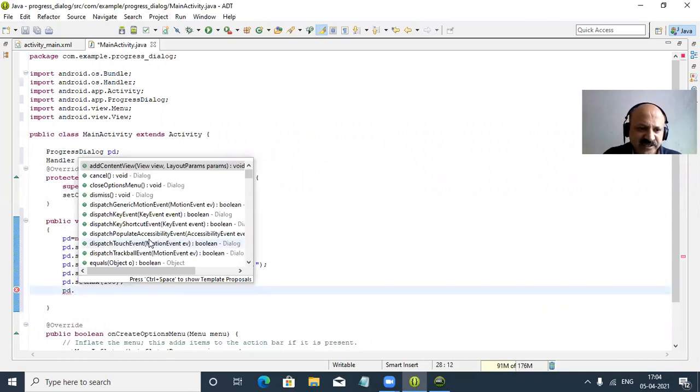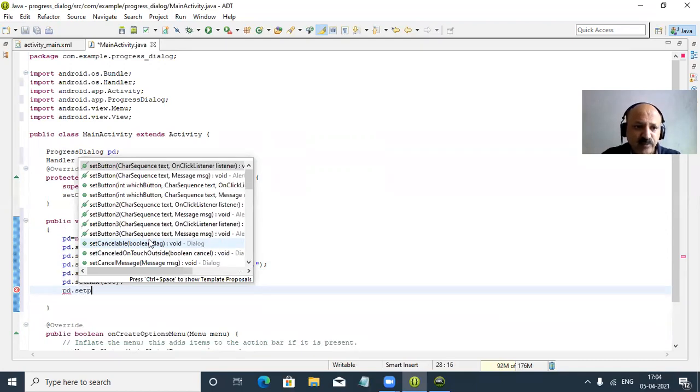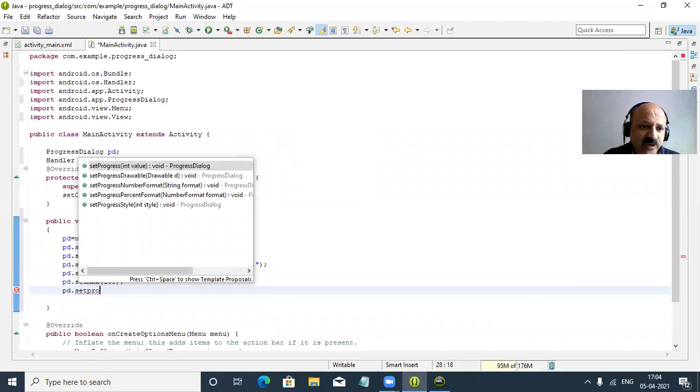Then we can take setProgressStyle, you can look here.